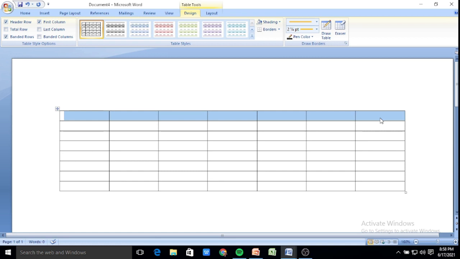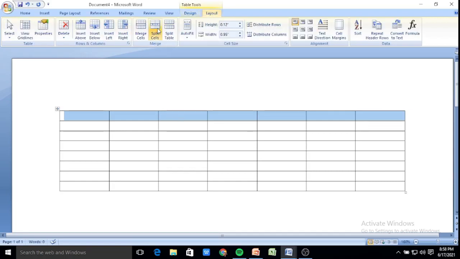Now we have to study how to merge these cells. To merge the cells, what I will do, I have selected the table, click on the layout tab and click on the merge group. You can see here the layout tab. Do remember the tab key is very important. So after clicking on the layout tab, click on the merge group, then click on merge cells. So children, here you can see the benefit of merging the cells, that means to join the cells, to combine the cells together. Now you can see here there is no division in this cell.